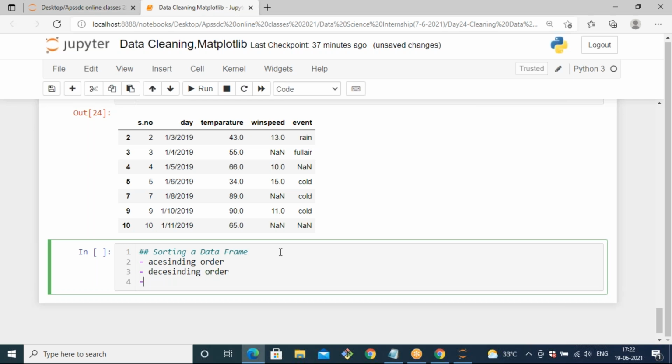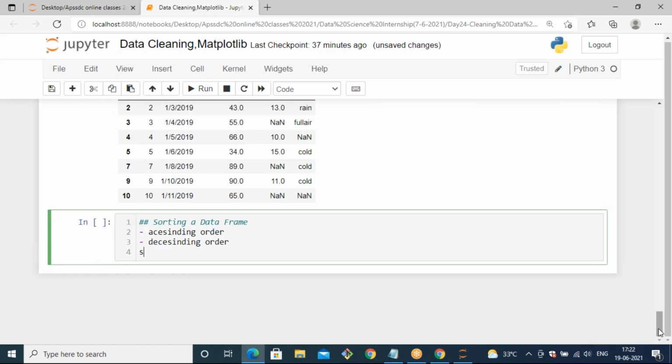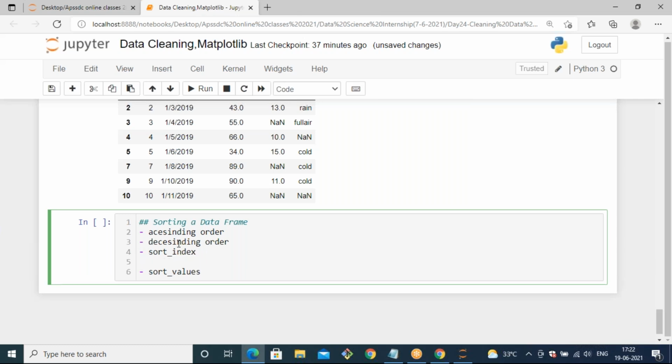So for performing sorting, we have one method like sort_index to sort the index, and sort_values to sort the values. Let's see how it happens.